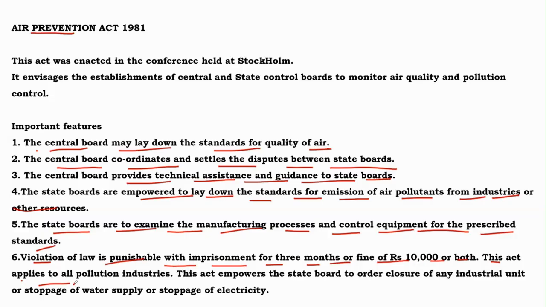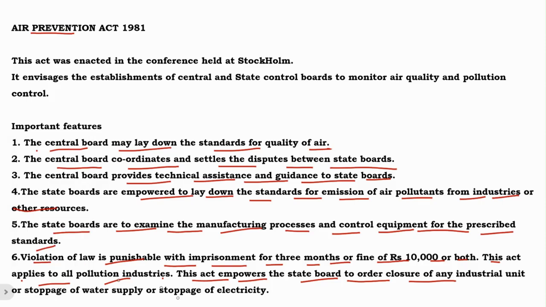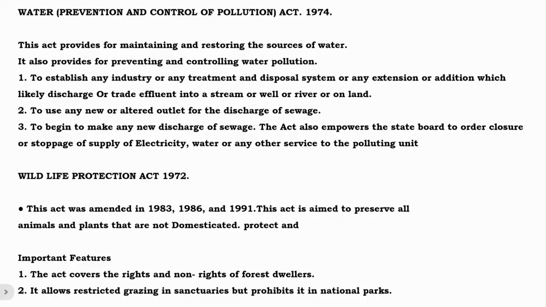This act applies to all polluting industries. It empowers the state board to control closure of any industry, and to stop the water supply and electricity. Water pollution prevention and control: here we can prevent water pollution by establishing industries, treatment and disposal systems, extension,